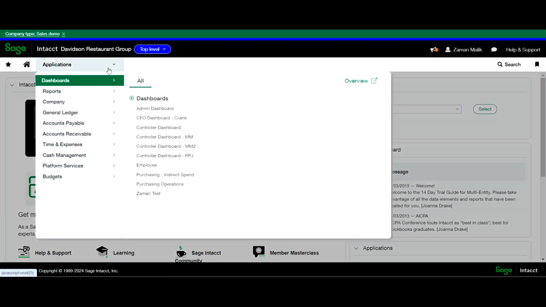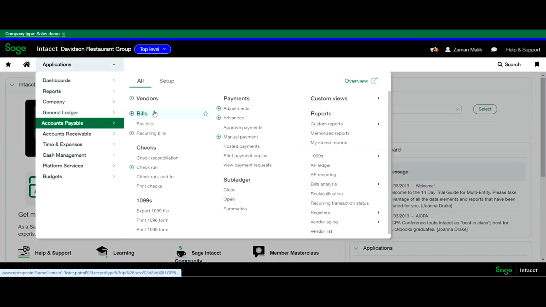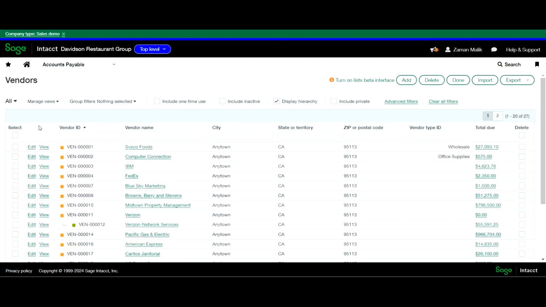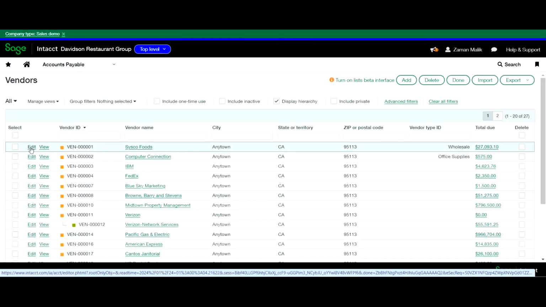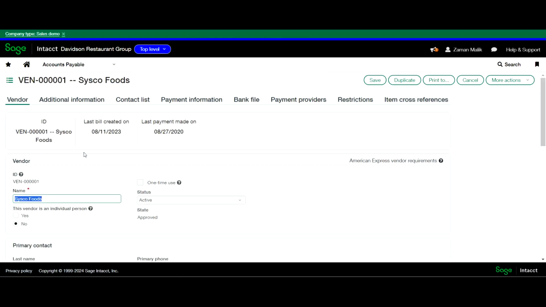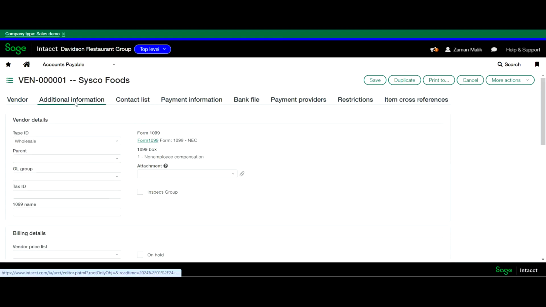So for the manual method, we'll start off by navigating to the AP module and we'll take a look at the vendor list. And you want to edit your specified vendor, so we'll use this Cisco Foods vendor as an example. Once you're in the edit screen, you want to navigate over to additional information, and over on the right hand side you'll see your 1099 sections. So you want to click on the form 1099 hyperlink,